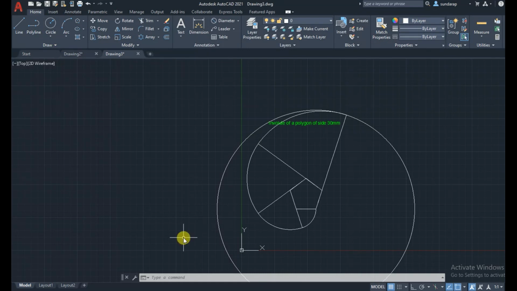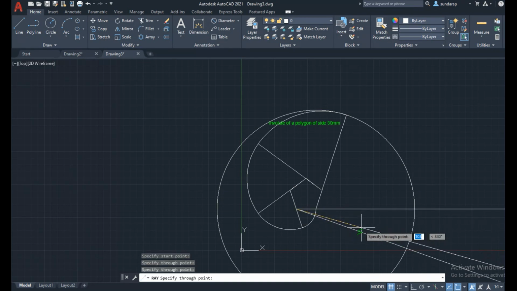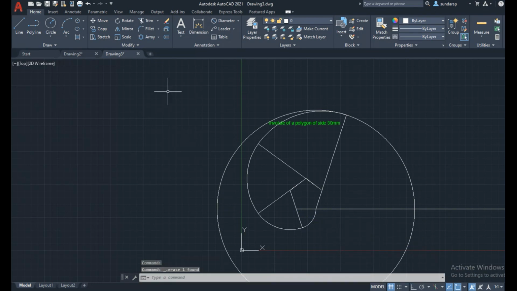There again you can use a ray command. When we are unwinding the 5 faces, each side is 30, so 5 into 30 gives 150. Draw a line. Then again use a trim command.